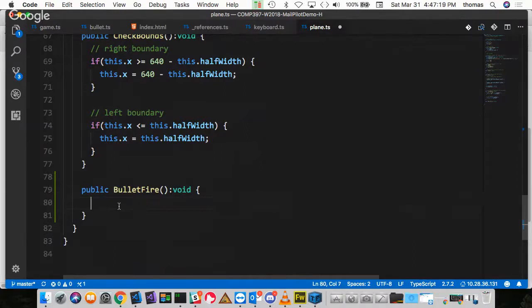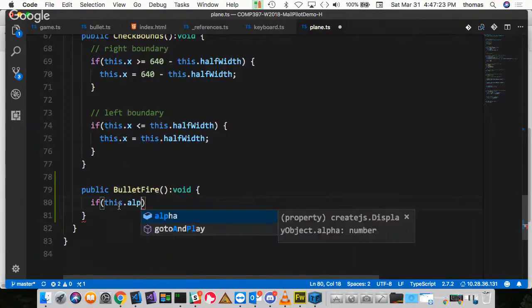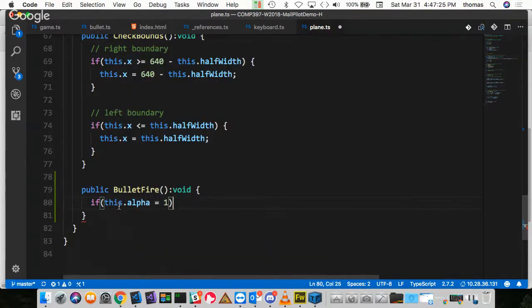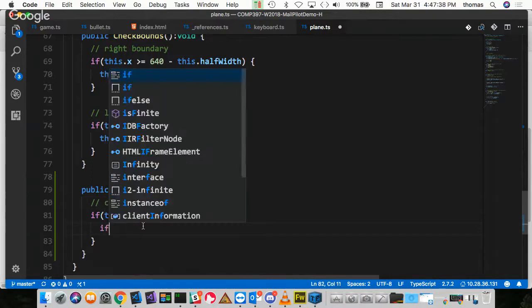So what I want to do is something like: if this.alpha is equal to 1. So if it's fully opaque, I'm alive. So check if the plane is alive. That's what that is. And if I am alive, then what I want to do is I want to say